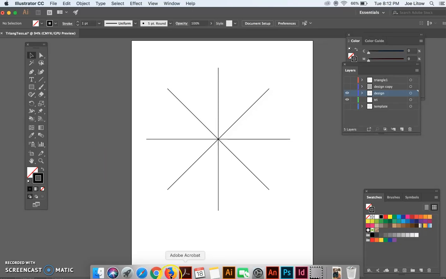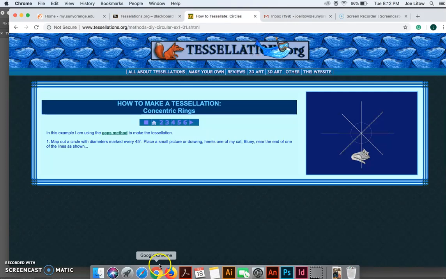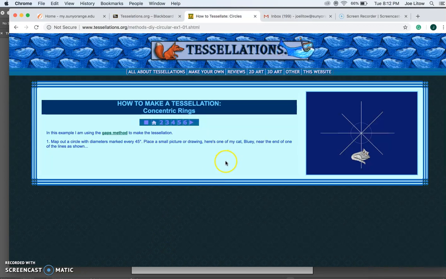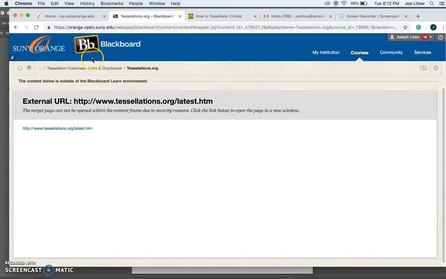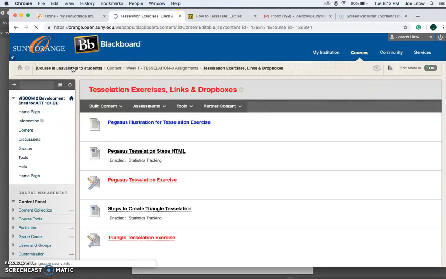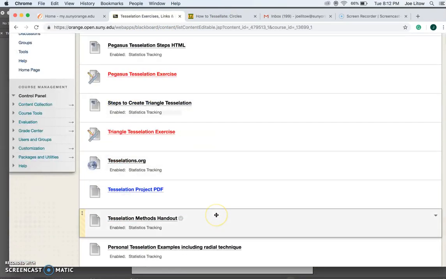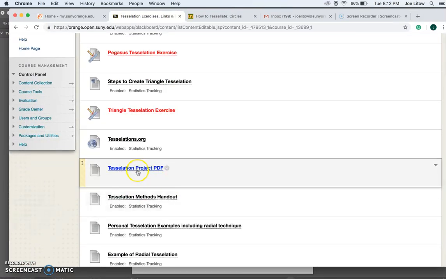Now let's go back to Blackboard, and here is the beginning of the instructions for the concentric rings. And let's go back now to the original folder. Another link I would like you to visit is the Tessellation Project PDF.